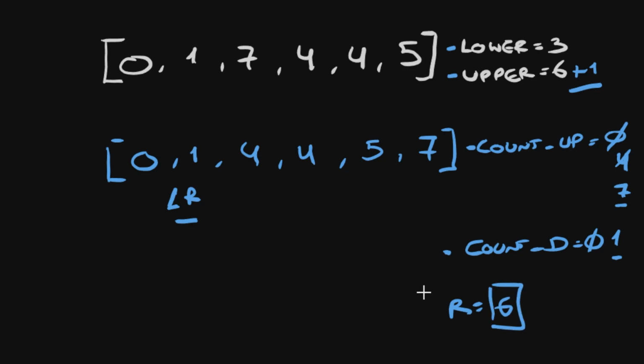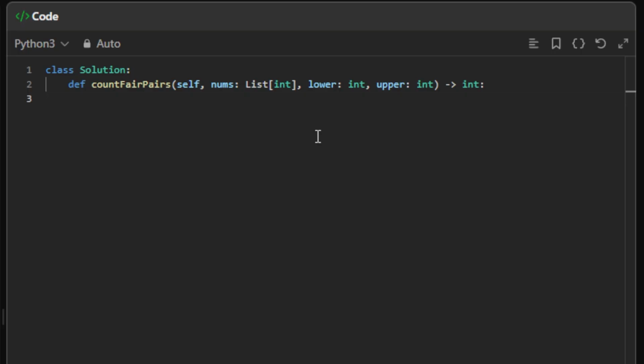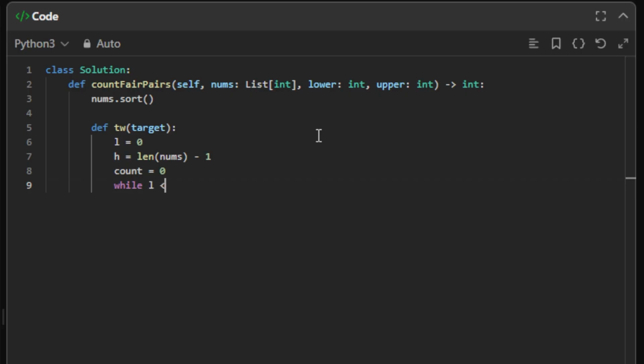So now let's go with the code and hopefully you will get the idea. First we want to sort numbers, so nums.sort, and now we want to create our 2 pointers function, so we'll call this two_pointers. This will take a target and we'll say low equals 0, high equals length nums minus 1, count equals 0. And while low is smaller than high,